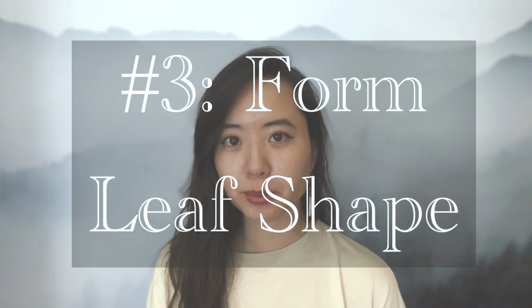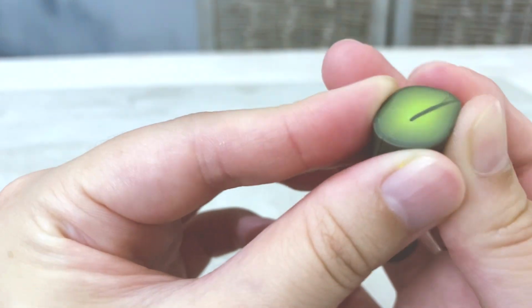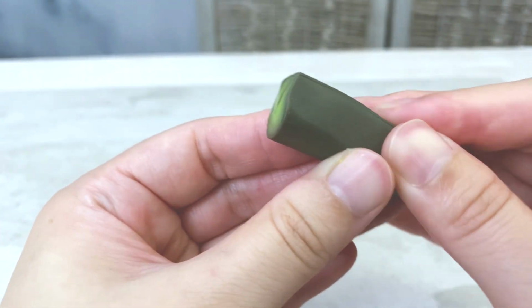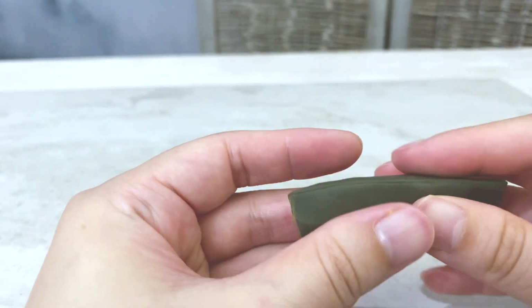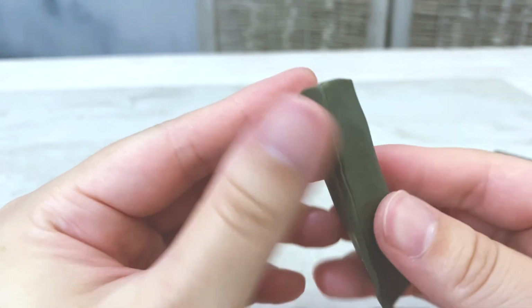Step 3. Form leaf shape. To form the leaf shape, start by pinching just above the vein across the length of the cane. You can use the seam line as a guide for where you need to pinch so that the cane stays